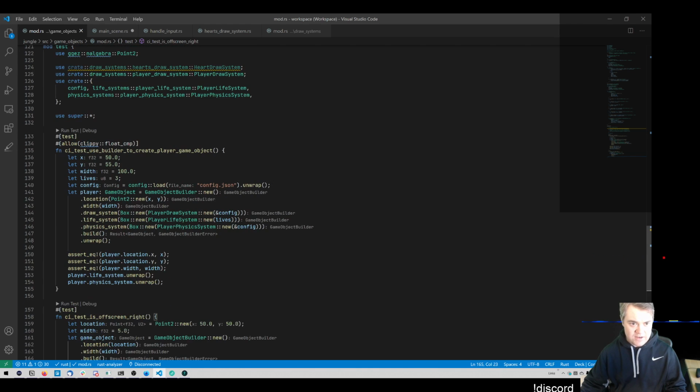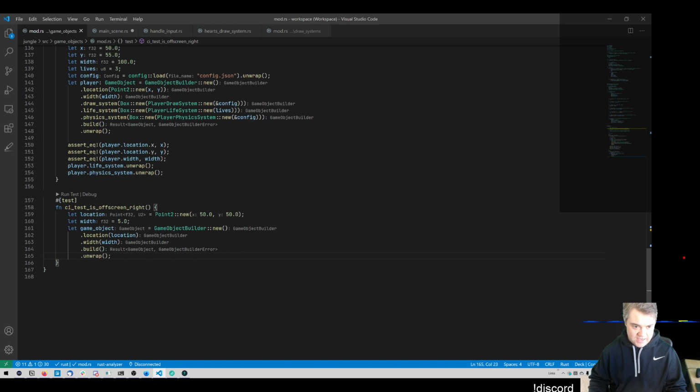Now we have 11 errors, so I can't actually test that this is working yet. So we can just continue, finish writing this test up. And then if it fails, at least we'll know exactly where and exactly why. We expect that if we run this off screen to the right, and our left side of the object, okay, so we need a screen width. So let screen width equal,